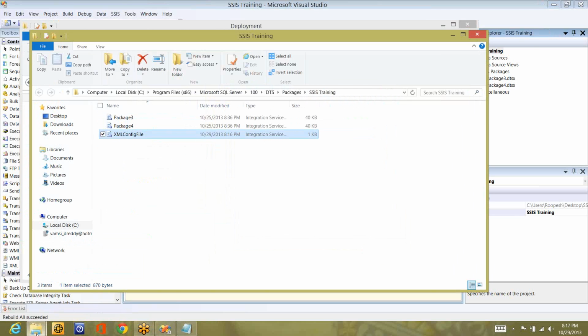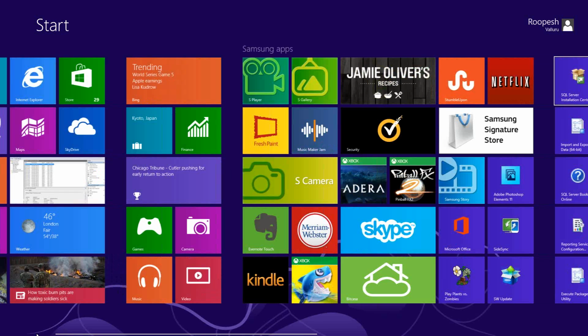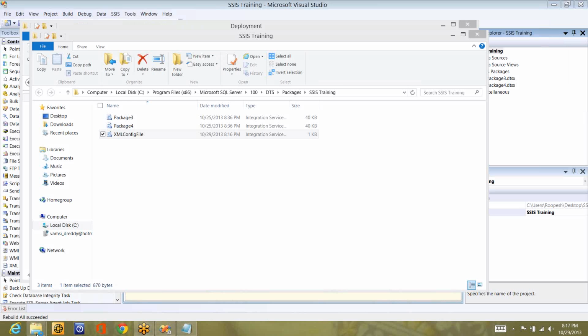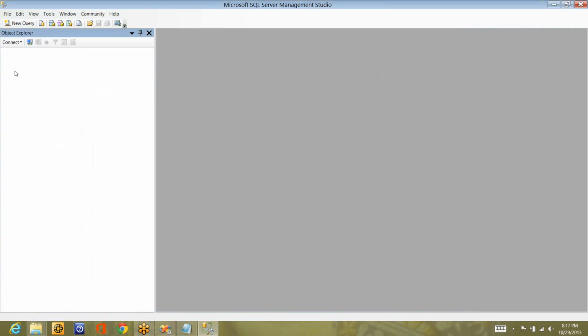Now let's connect to SQL Server Management Studio and see whether the package is installed properly or not with the new values, whatever the value that I have passed at the time of deployment. So let me take Integration Services, connect, and stored packages in MSDB. Here it is,